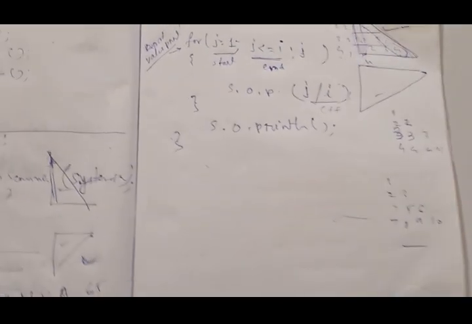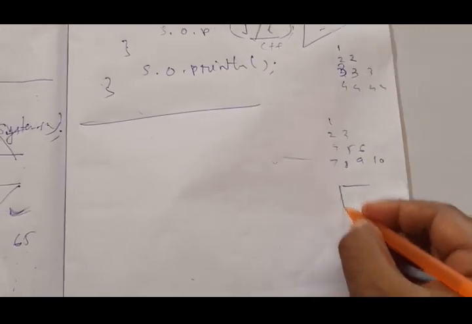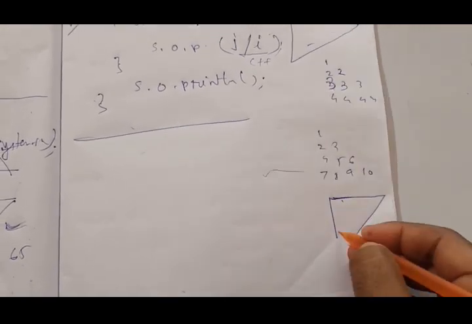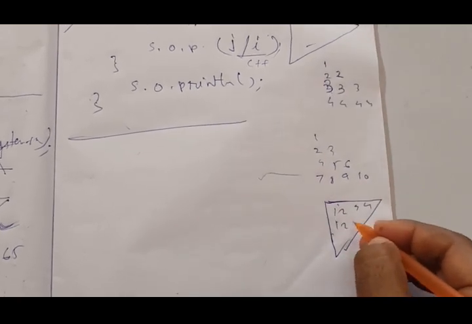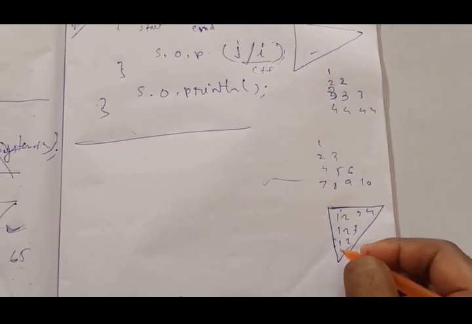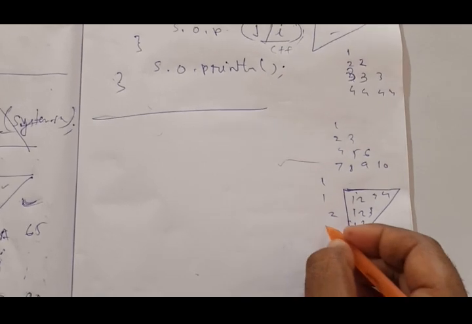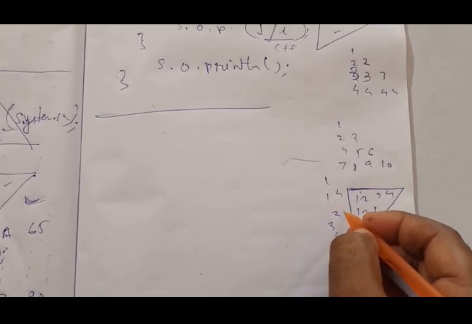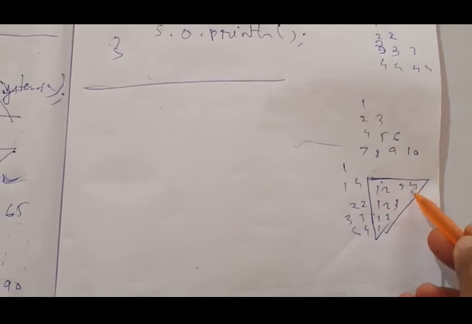Now coming to this portion, this one. For this one I am writing here the same way. Suppose 1 2 3 4 is here, 1 2 3 is here, 1 2, 1. So now again, the number of lines i, suppose i is 1 2 3 4 or 4 2 3 1. Now which one is matching?